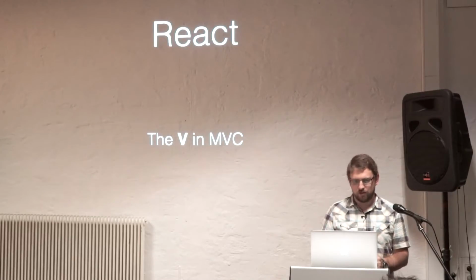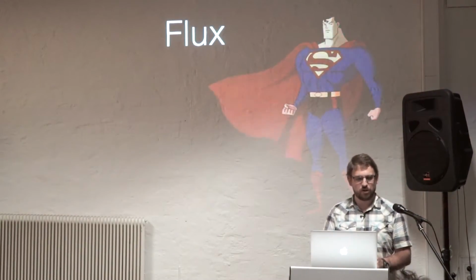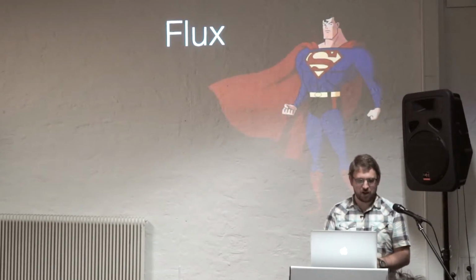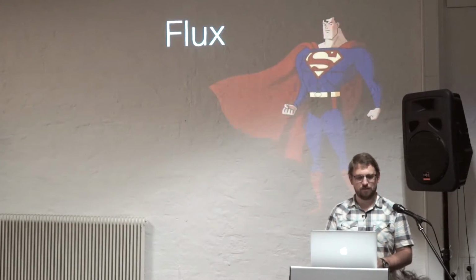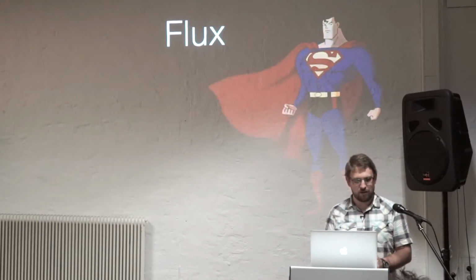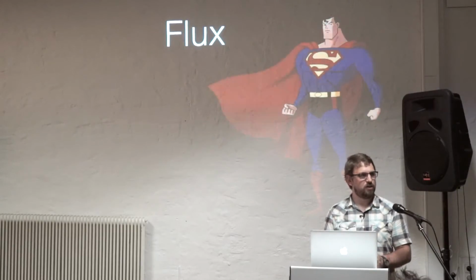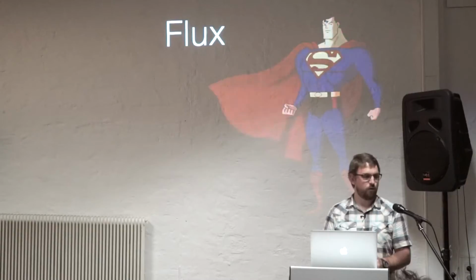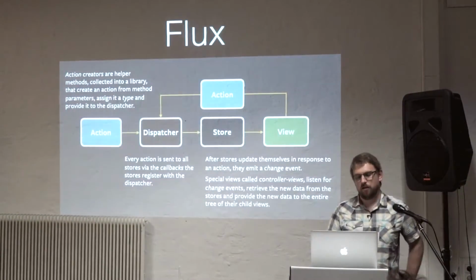So then what happened is we ended up with Flux, and Flux was basically Facebook's answer to the missing model and controller. But Flux at the time was vaporware when they announced it. It didn't exist. This was just basically a concept. And eventually there were some implementations that came along, and they were all a little bit different, and some worked better than others. And of course, some are still around. And Flux was based on this. So you have an action.